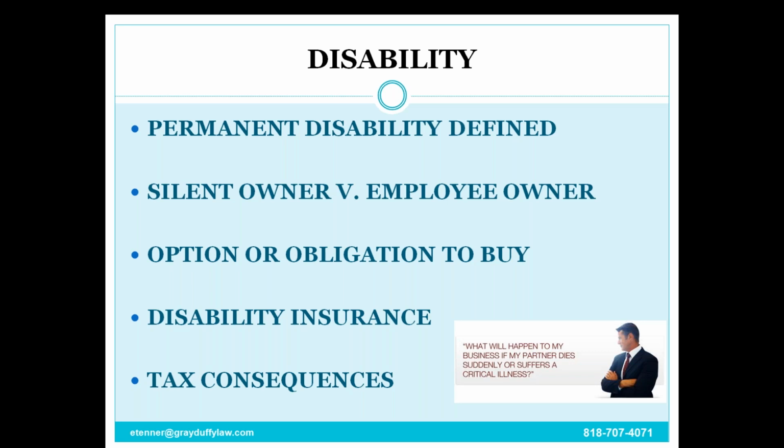Whenever an option is given to an owner to buy more of the company, there are tax consequences that need to be considered. I'm not going to go into all of those today because they can get very complicated, but generally speaking, if an option is going to be given to an employee owner to buy an interest in the business and it's not going to be exercised within 3 months of when it vests, the transaction could be construed to be deferred compensation under Internal Revenue Code 409A, which is a very complicated and lengthy code section with a lot of twists and turns, and it requires careful consideration and planning to make sure that you fall into one of the safe harbor provisions of that code section. If you don't do that, you can end up paying so much in taxes that it literally wipes out the value of the option.